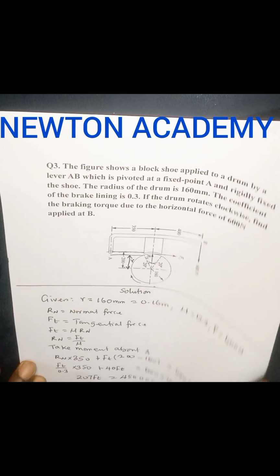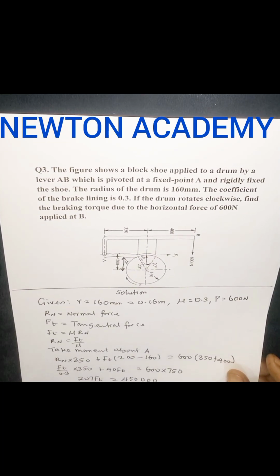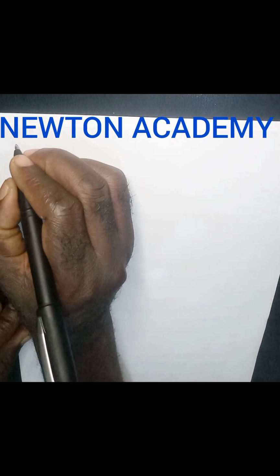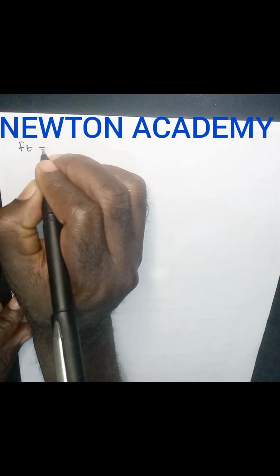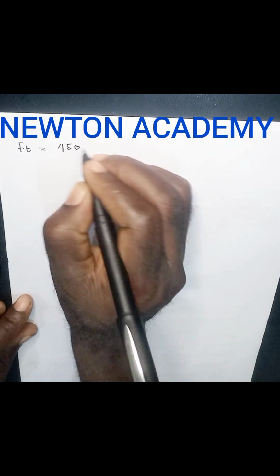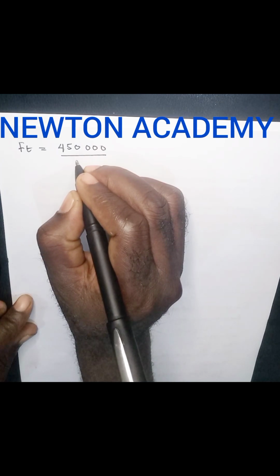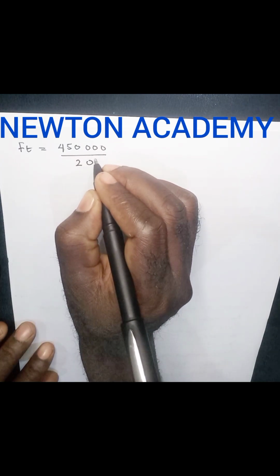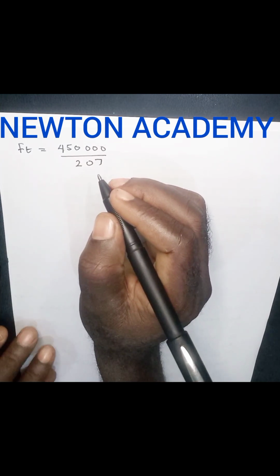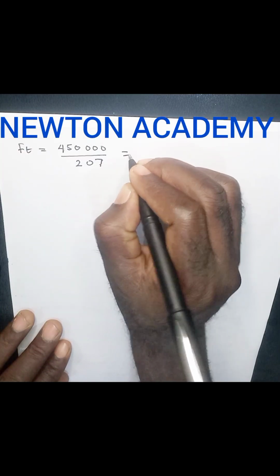Then from here we divide both sides by 207. We have Ft is equal to 450,000 divided by 207, and when we do that, it will give us